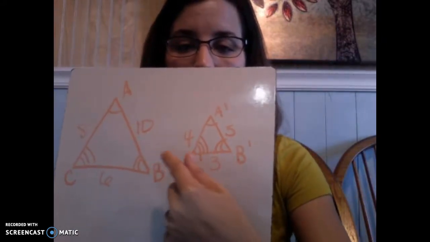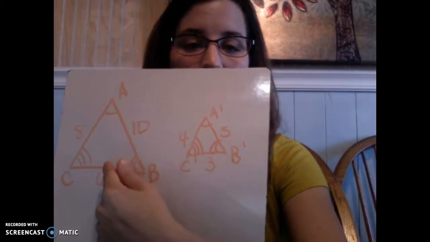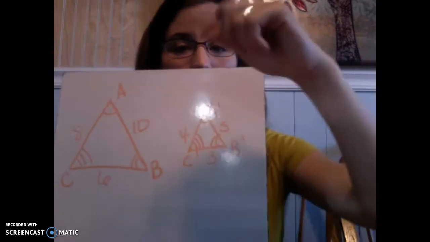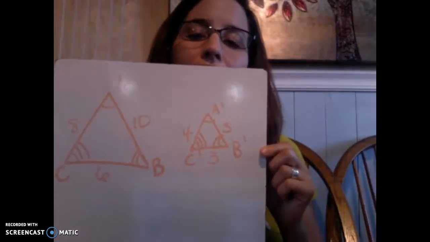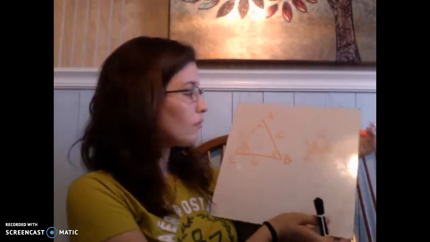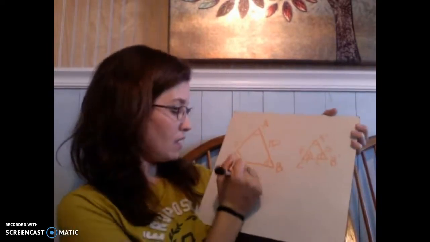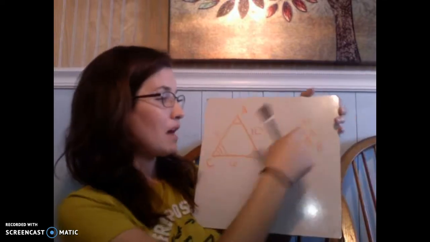and B is congruent to B, and C is congruent to C. I can see that because they have the same amount of little dash marks there. So now I have to check, are the side lengths going to reduce to the same scale factor? Are they proportional, right? So I'm going to list this, and I can see that side AB matches to AB